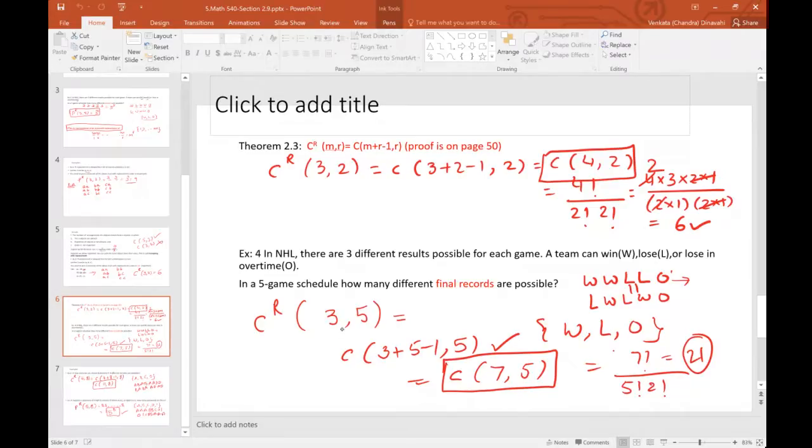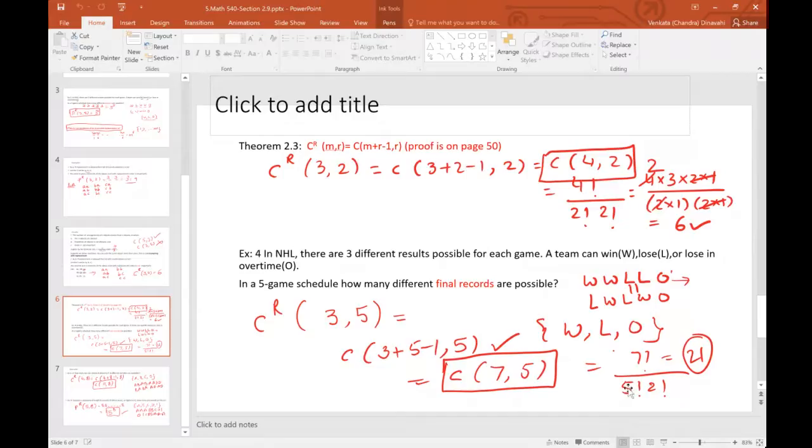So this is C power R. I'm picking 5 elements out of a 3 set, 3 comma 5. And the formula simply says m plus r minus 1 comma r. So you need to add these two and subtract 1, comma 5. This is C of 7 comma 5. And again, I don't want to list all of them, but if you do the math,